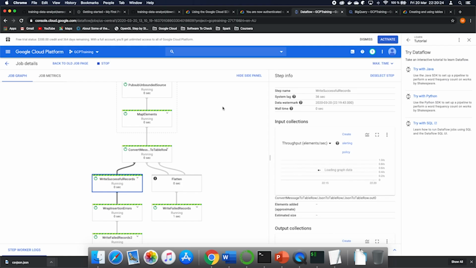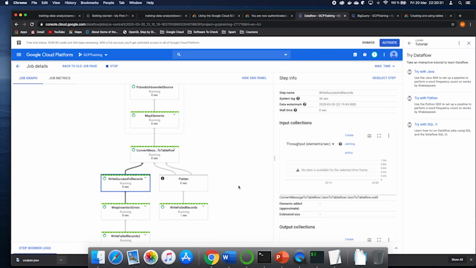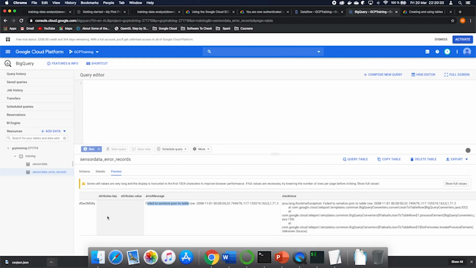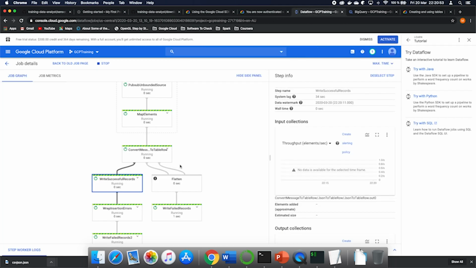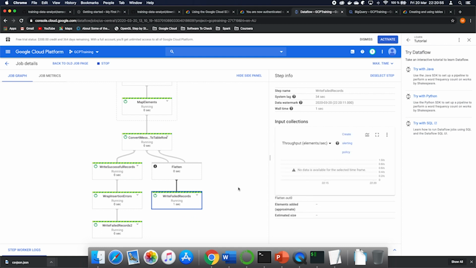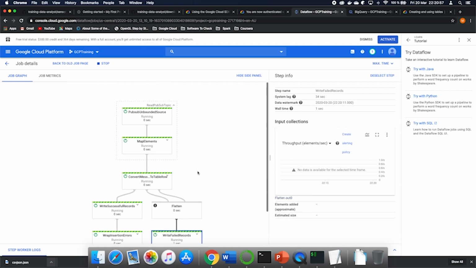We just see that we cannot send CSV, so we need to send JSON. I did this to show you that if you're wrong, don't worry. BigQuery will create a sensor data error records table to tell you what the problem is. And you can correct and continue because the pipeline will still be running. Okay, so I want to show you this, and that's why I put CSV data there.